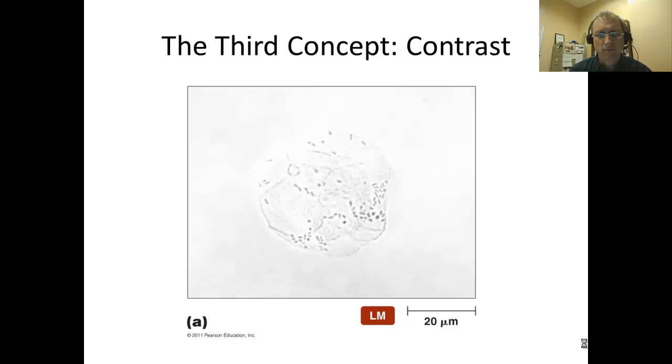Right, in this next video, we're going to be talking about some of the techniques that we can use in order to increase contrast in microscopic samples. Of course, we have to do this because most biological samples that we might want to look at under the microscope are going to have very little in the way of contrast, very little in the way of color. Most cells are actually transparent. Consequently, if we look at a living specimen underneath the microscope, we won't see anything as the light passes directly